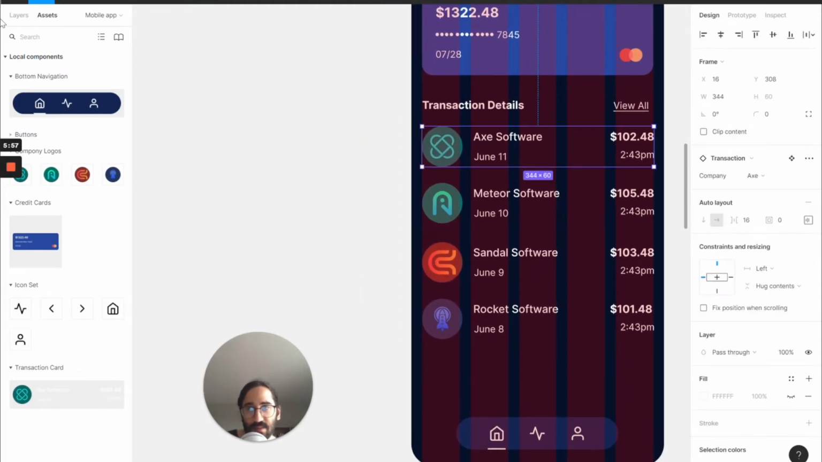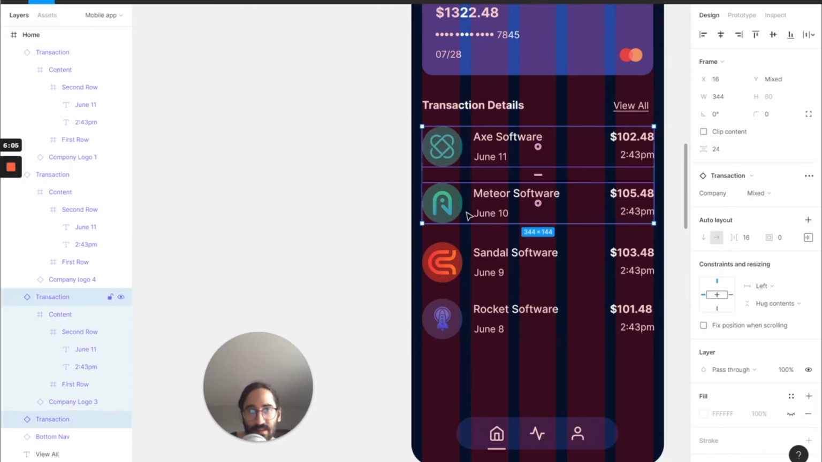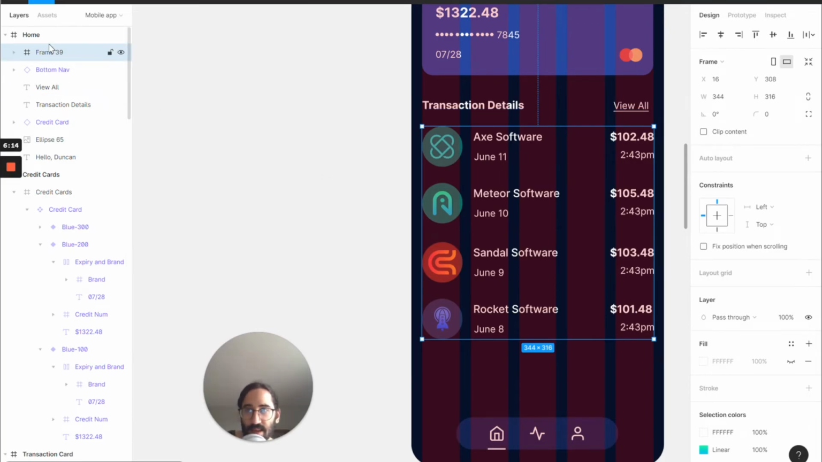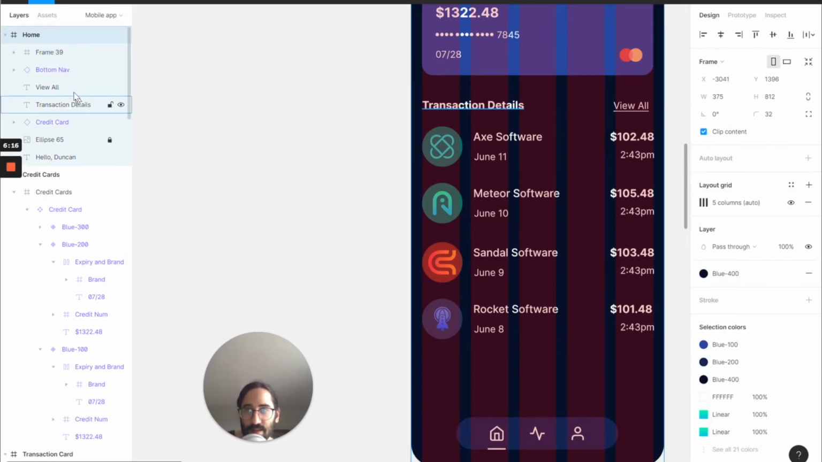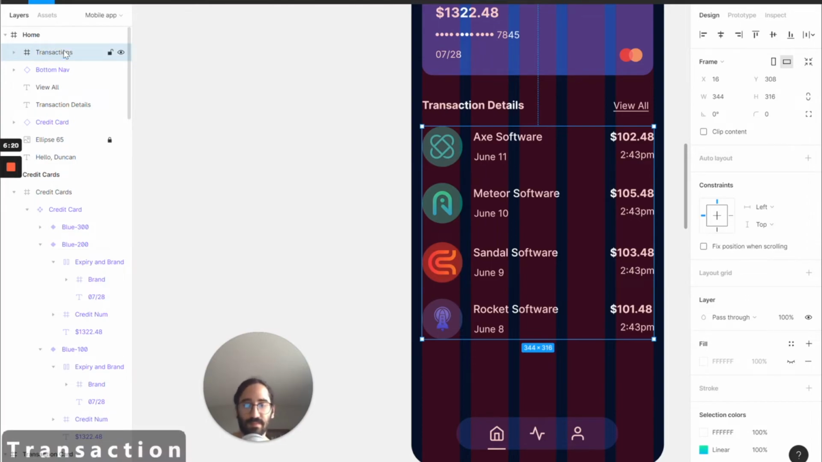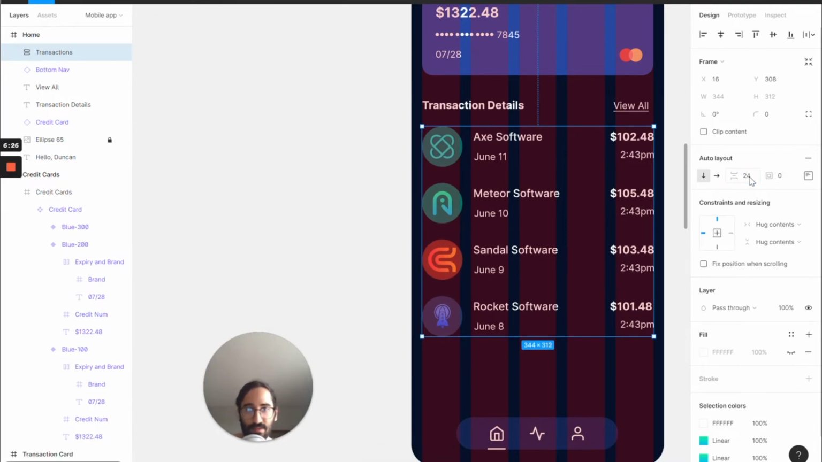And now what I'm gonna do is, because I wanna make the spacing between each of these transactions equal, I'm selecting all of them by holding Shift. I'm gonna frame these 4. And I'm gonna write this to be transactions. And I'm gonna add the auto layout, maybe 24